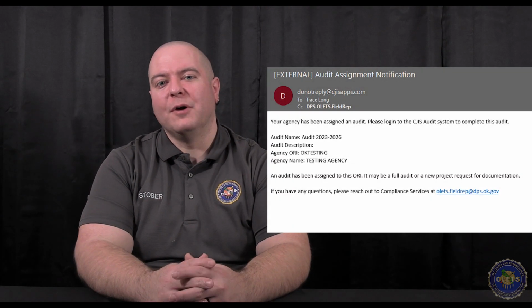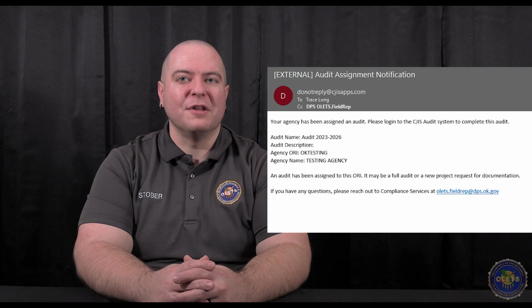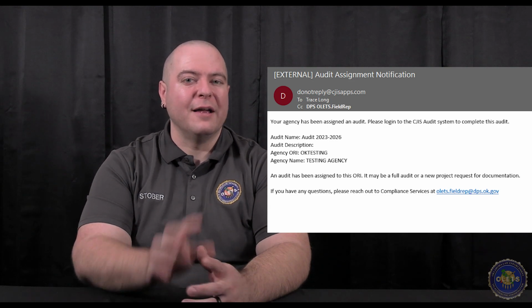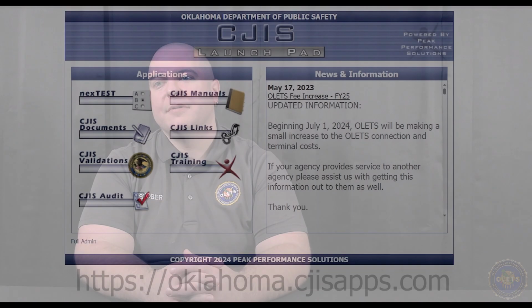Next, we'll take a look at how to access and work through your assigned audit sections. Now, here's an example of the email notification you'll receive once an audit is assigned. You will see the name of the audit, the agency ORI, and the agency name. To get started, go to